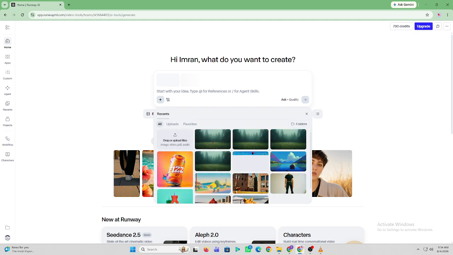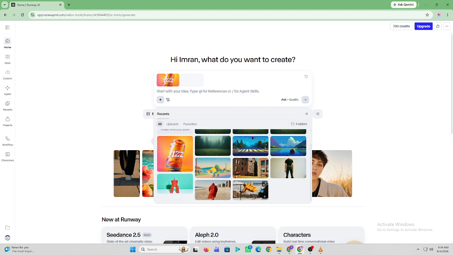Now type a detailed text prompt describing the video you want to create. Include details like the subject, environment, camera movement, lighting, and visual style to get better results. After that, customize the available settings such as aspect ratio, video duration, motion level, or quality based on your project